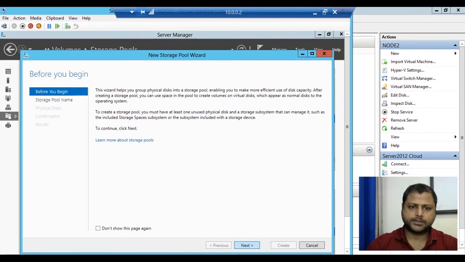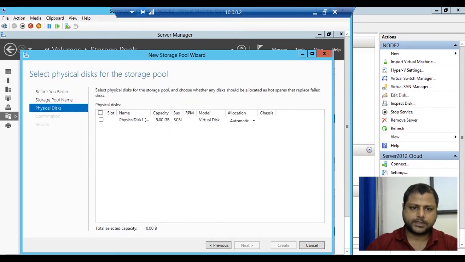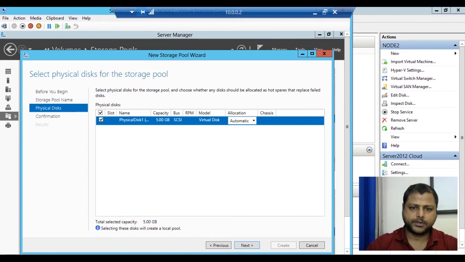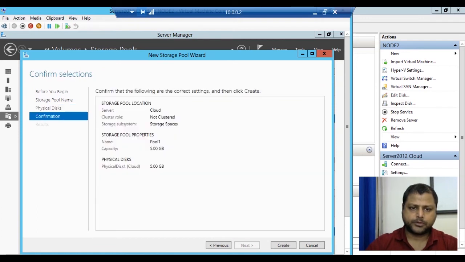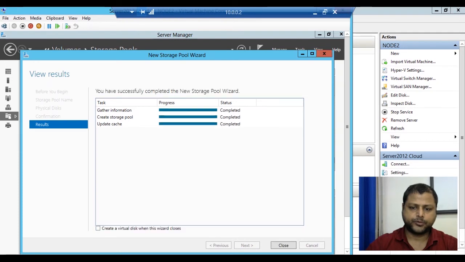We'll go to next and name the pool Pool 1. Go to next, and we can see the physical disk with 5 GB. We'll go for the pool, go to next, and the 5 GB is there. So it is created over the pool.